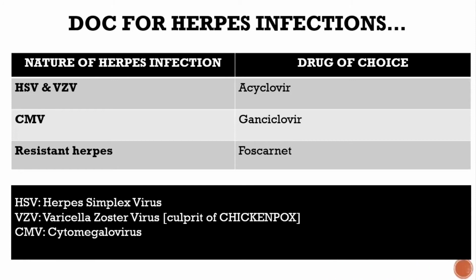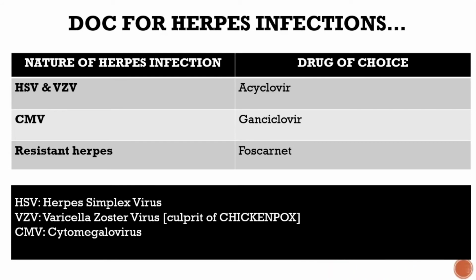Now we come to herpes infections. So this is very surprising because I have mentioned some other herpes also here. So the three viruses that are mentioned here: HSV, VZV, and CMV. HSV is herpes simplex virus. VZV is varicella zoster virus, that is the culprit for chickenpox. And CMV is cytomegalovirus. So if you had a chickenpox incident before in your childhood or something, and you are